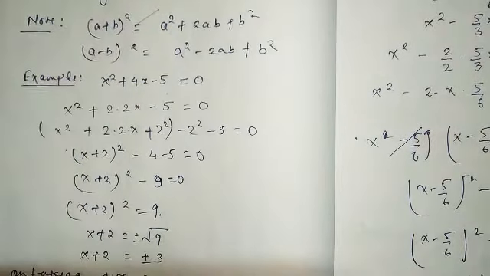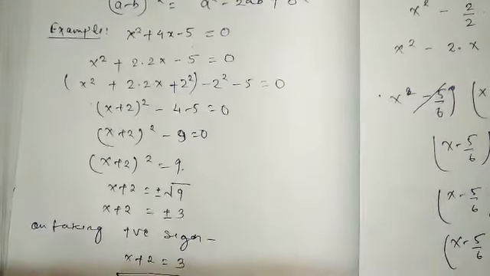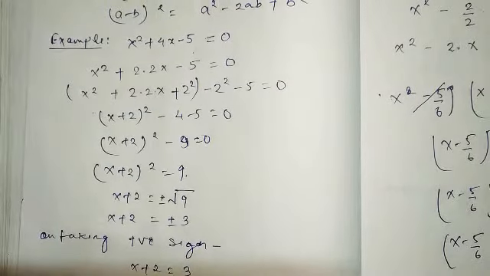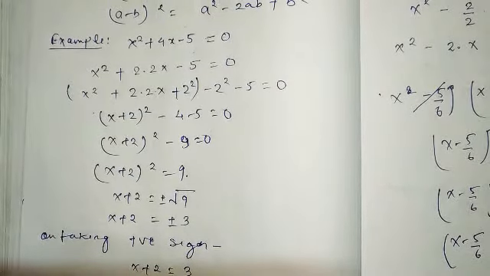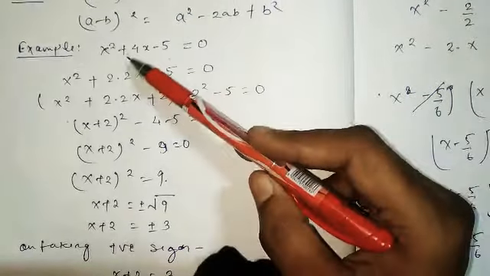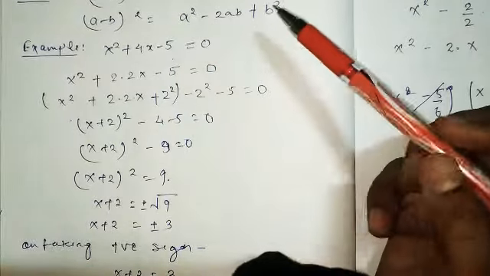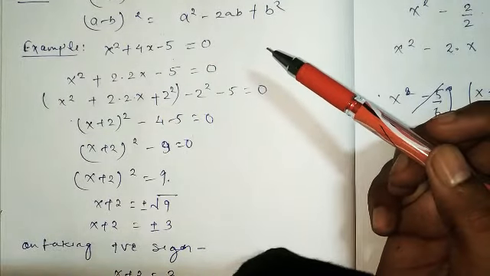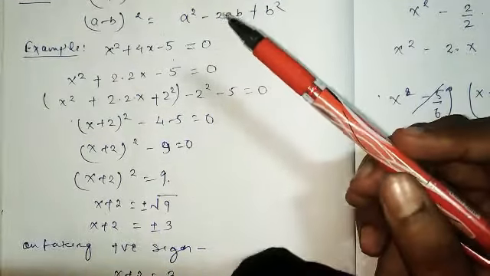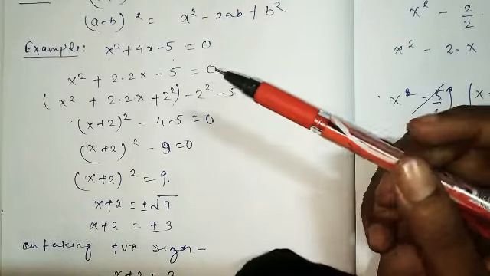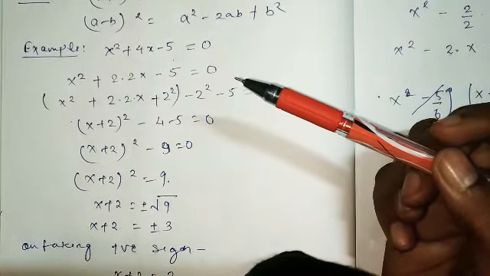Okay, now carefully understand what is the method of completing the square. So this is a quadratic equation: x square plus 4x minus 5 is equal to 0. Okay, so to solve by the completing the square method,